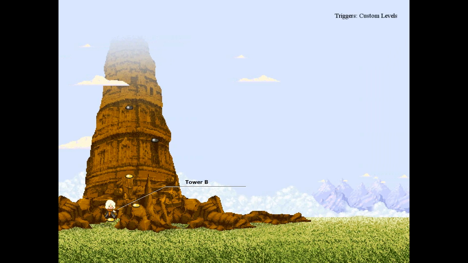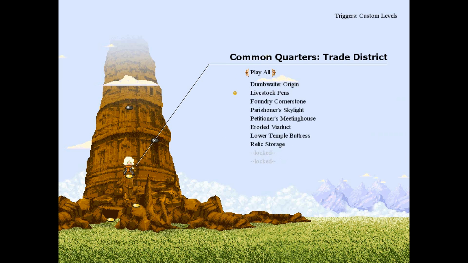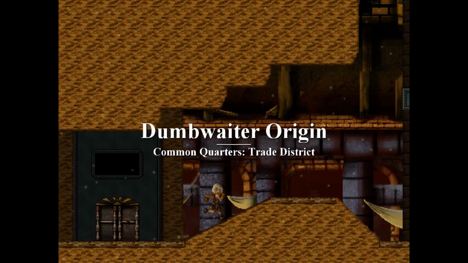I am going to do overlaid commentary. I'm probably going to be doing this a little bit more often. I think it works better for the message that I'm trying to get across. So we're going to play the Common Quarters Trade District here and show you exactly what the game has to